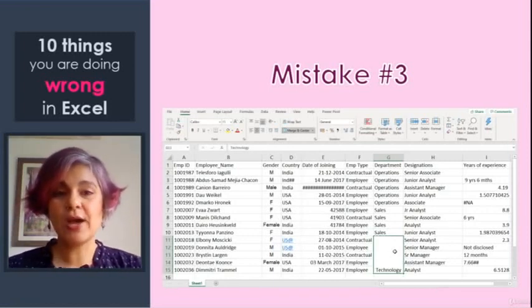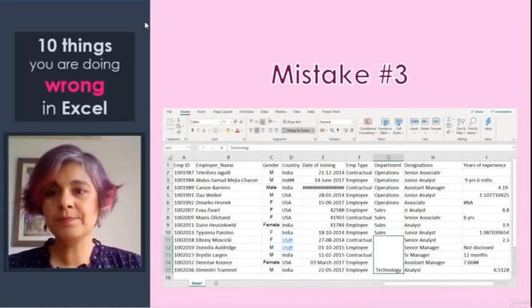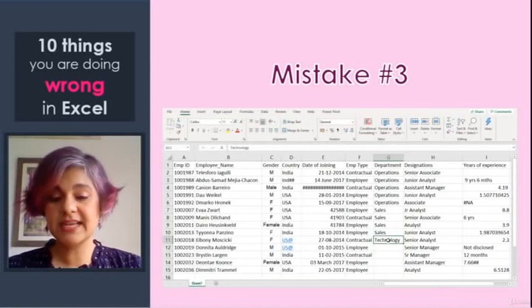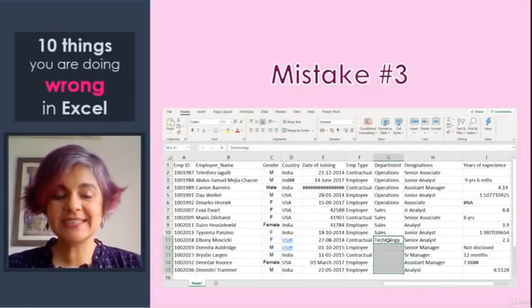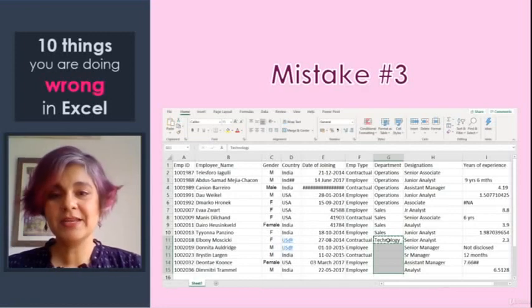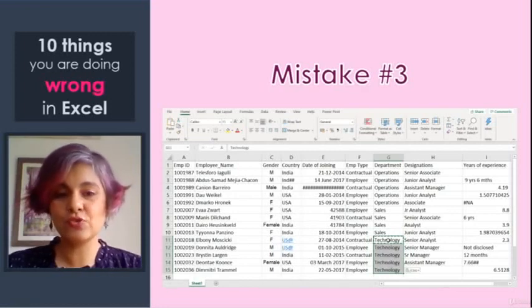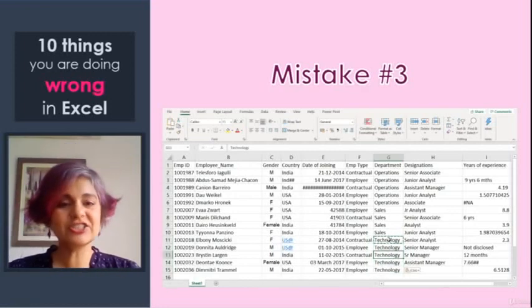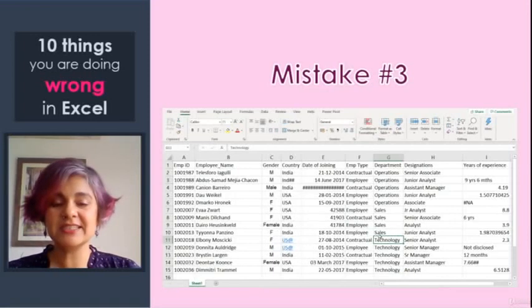So I fixed it for operations and sales, and again for technology, I'm clicking on the merged cell. I go and click on merge and center. My value gets moved to the topmost cell now, and Control C to copy. And then I select all the cells where this value should exist, and I Control V. What it does is it just repeats the same value in all of these cells, so that I no longer have merged cells.